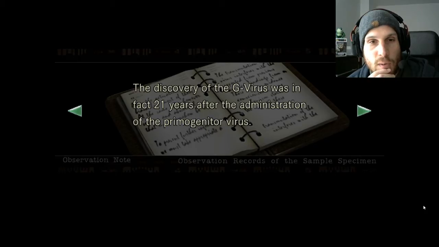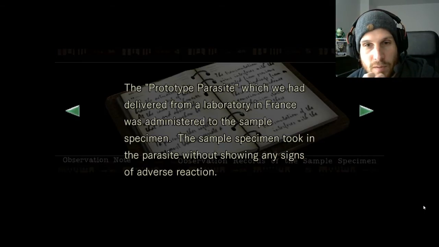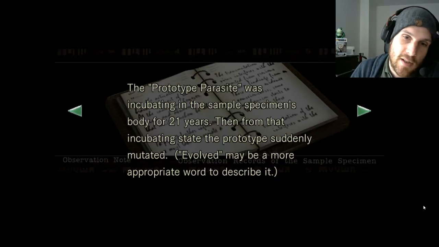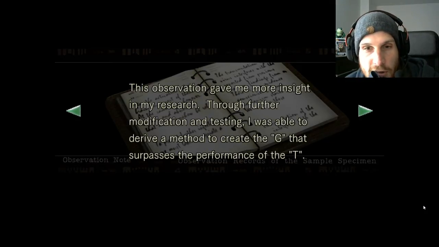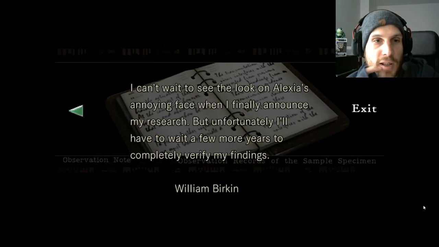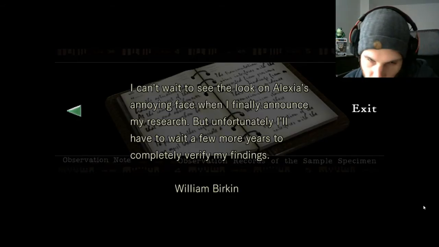Discovered the G virus was in fact 21 years after the administration of the progenitor virus. The prototype parasite which we had delivered from our laboratory in France was administered to a sample specimen. They took it on. The lack of any reaction was an unsolved mystery, but now it's clear to me the prototype parasite was incubating in the sample. The specimen's body was 21 years, then from the incubating state, the prototype suddenly mutated, evolved, maybe a more appropriate way to describe it. This observation gave me more insight than my research. Through further modification testing, I was able to derive a method to create the G that surpassed the performance of the T. This was the breakthrough that would change the future of the BOW's history. I can't wait to see the look on Alexi's annoying face when I finally announce my research, but unfortunately I have to wait a few more years to completely verify my findings. William Birkin,